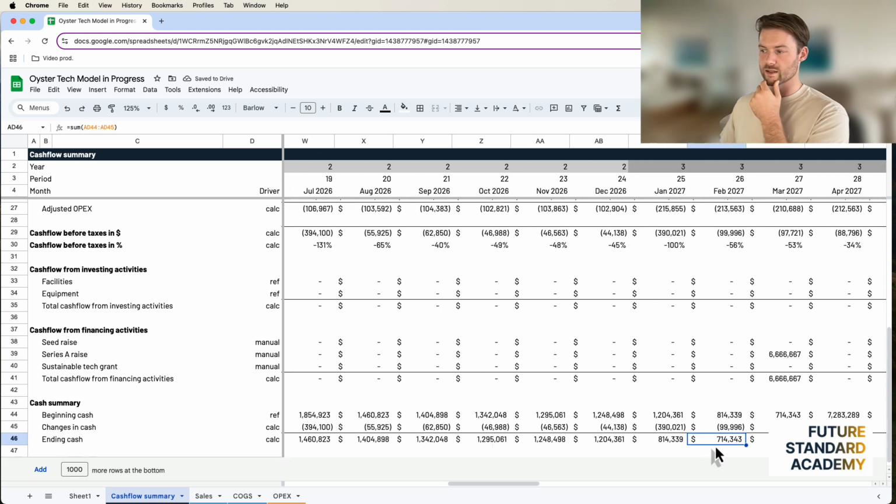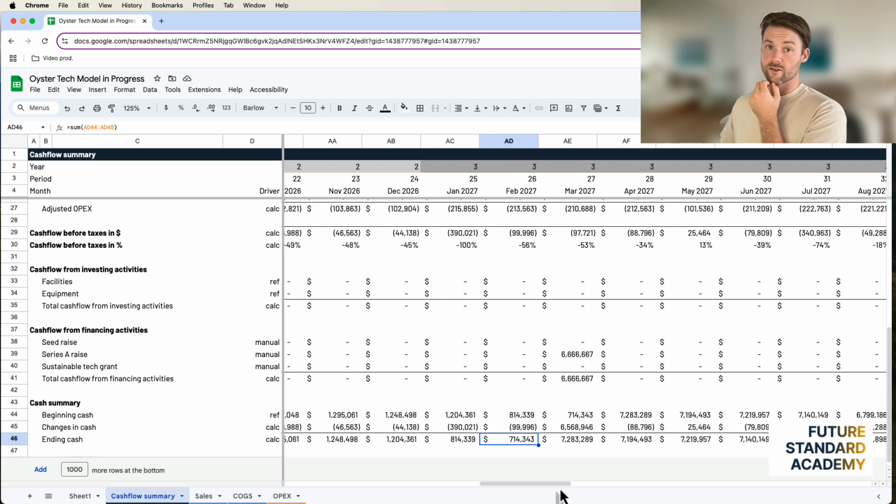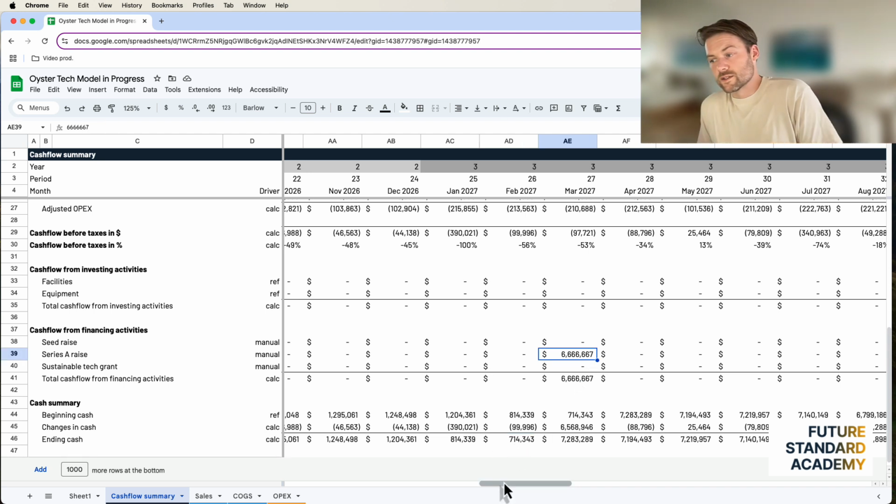The lowest we get is 714. That's enough margin for error, right? Like it's not going to be 714. It's going to be less in all likelihood. But hopefully that's enough where there doesn't need to be a mezzanine round or a C plus round or some kind of extension to get to that Series A. If it goes according to plan, this should be enough margin for error to make sure that the Series A happens in time. Right now, the Series A market's pretty tough out there.